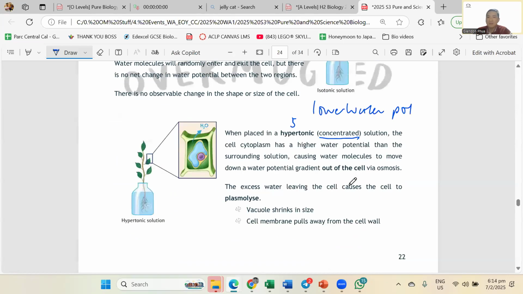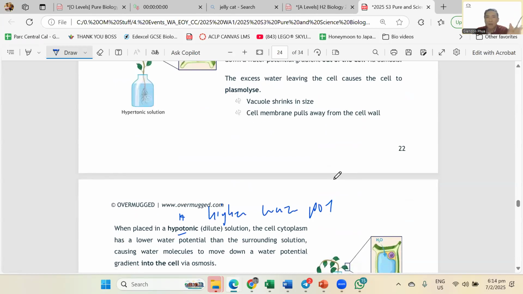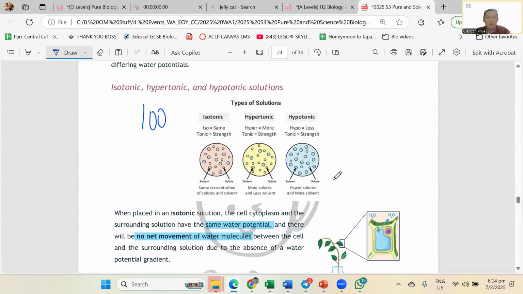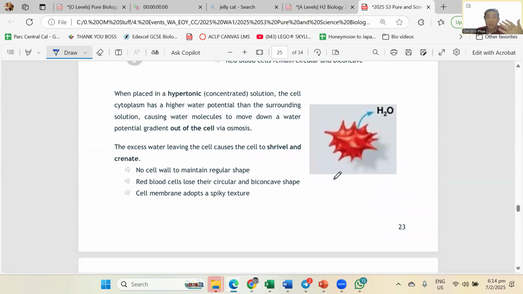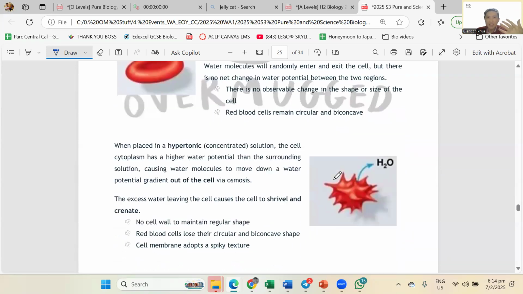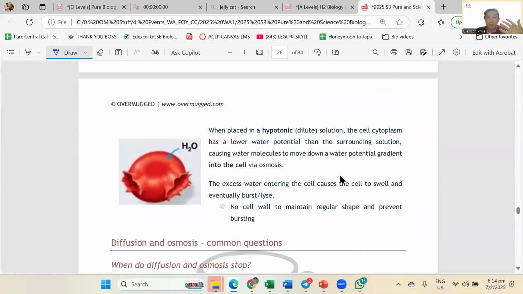So, okay. Then next one, you're confused is, animal cell, plant cell, which one does what? Okay, I know animal cell, more water enters. So you go animal cell first. When a lot of water enters the animal cell, what happens? It will burst or lyse. I like the word lyse. Lyse sounds more intelligent. Okay.